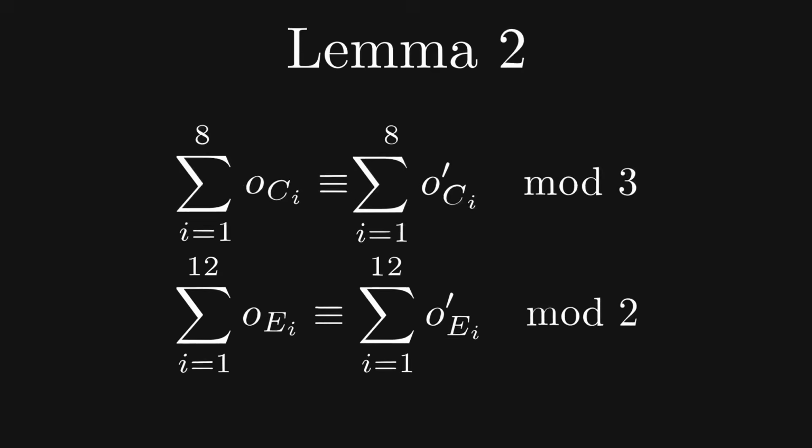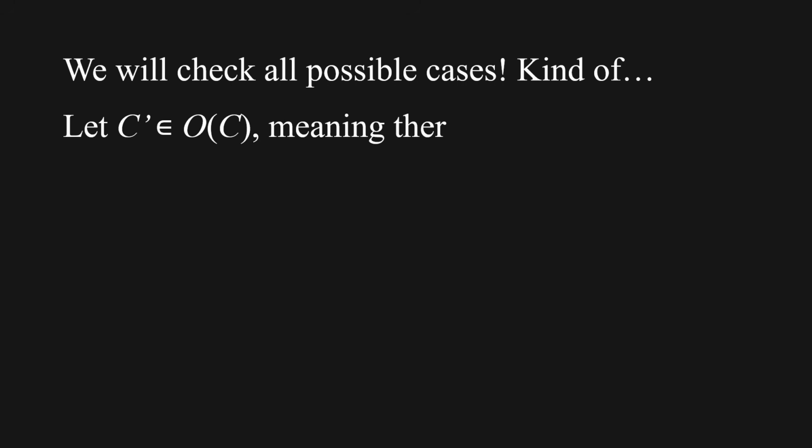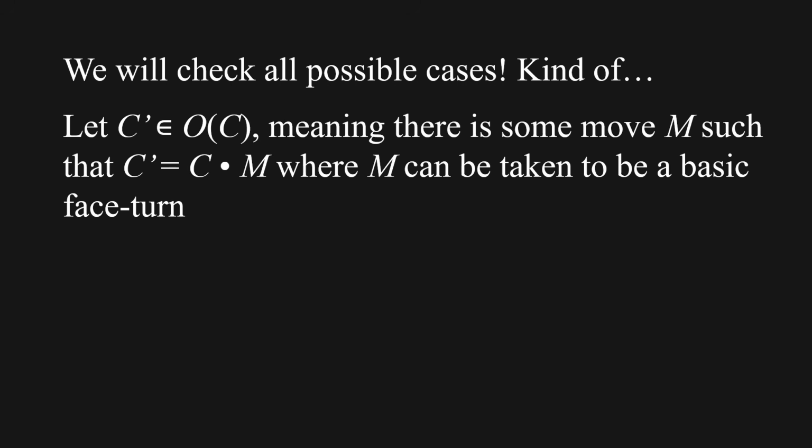The second lemma states that if two configurations share an orbit, then the sum of the corner orientation components for both configurations are congruent modulo 3, and the sum of the edge orientation components for both configurations are congruent modulo 2. This lemma will be demonstrated exhaustively in the sense that we'll check the effect of each basic face turn on the orientation of the pieces it affects, and verify that the contributions to each component sum to 0, modulo 3 and 2 respectively. So without loss of generality, we may assume that C and C' are in the same